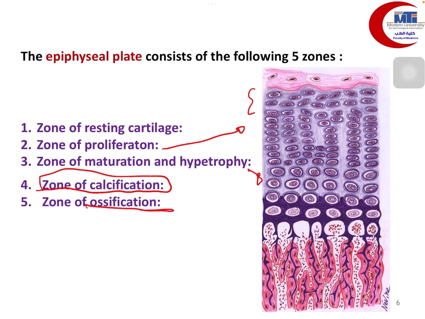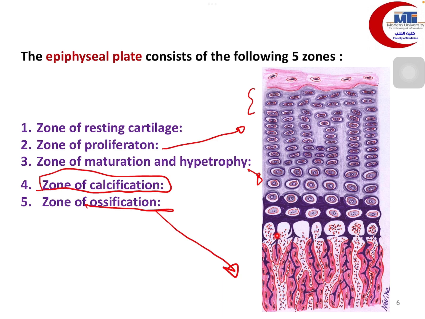Okay, so in the last zone, which is the zone of ossification, and from its name, the cartilage model is to be transformed into a new bone, where the blood capillaries present below the epiphyseal plate start to carry osteogenic cells, osteoblasts and osteoclasts, thus laying down the primitive layer of endosteum. And this layer of endosteum starts to produce new bone at the places where the dead or hollow lacunae,